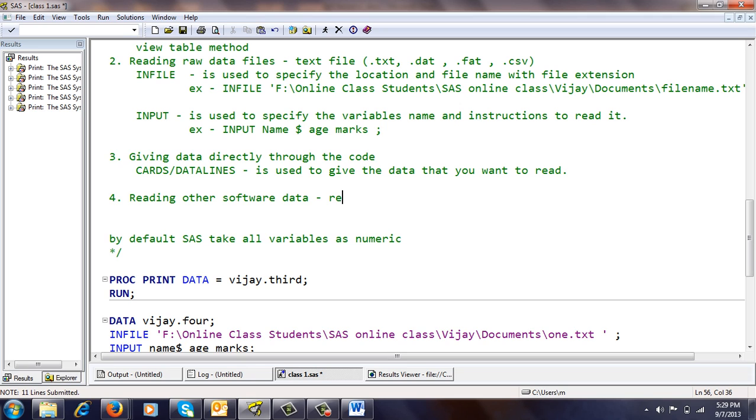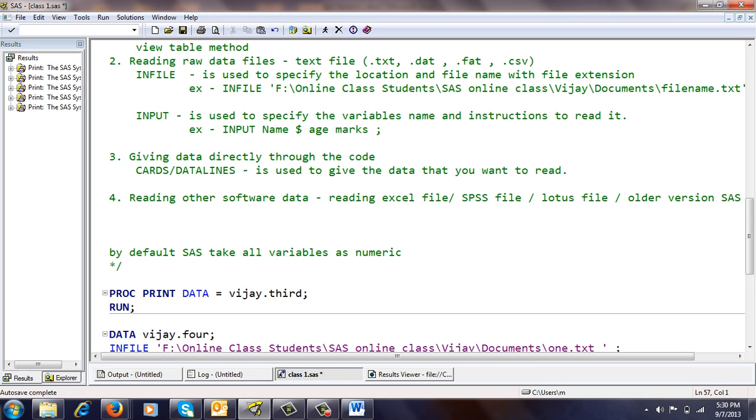That includes reading an Excel file, or reading an SPSS file, reading a Lotus file, or an older version of SAS. All these files you can read under this other software data.